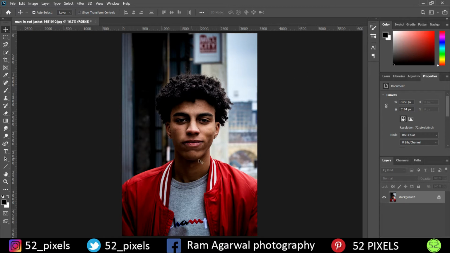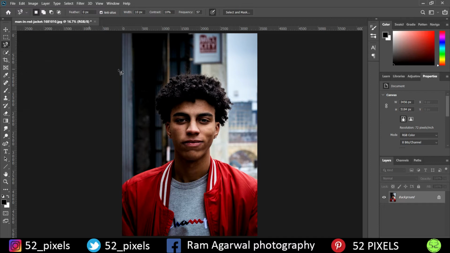So to start with, this is the image that we are going to work with today. In this tutorial we are also going to learn one more thing, the magnetic lasso tool. We might not have learned the magnetic lasso tool, so I'm going to demonstrate how to use it and then work with this image and make it a little brighter and fairer. This is the thumbnail, it's going to look like this for the lasso tool. If you just long press on it, you get the magnetic lasso tool.